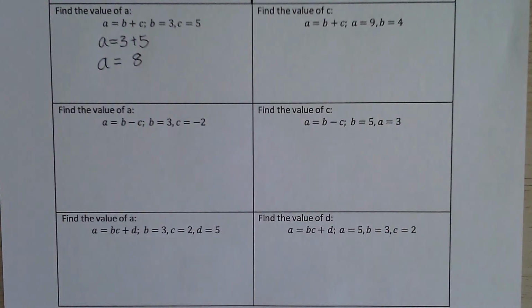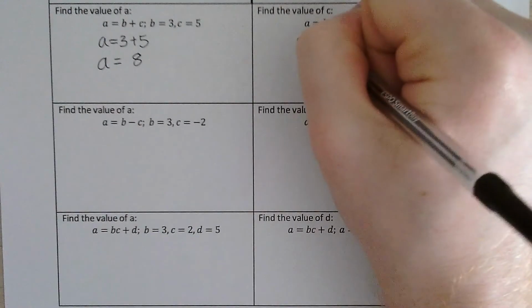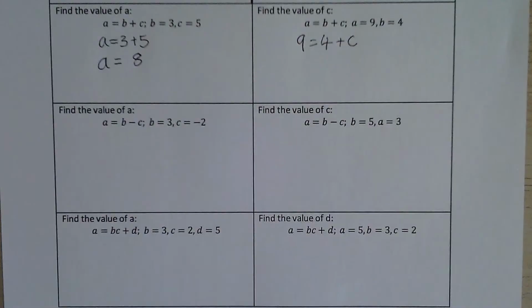On to the next question. Find the value of c when a equals b plus c, a is 9 and b is 4. Like the last question, we will write the values of the variables we know underneath. So we know that a equals 9, b equals 4, but we don't know the value of c. So we've got 9 equals 4, add c. There's two ways to go about solving the value of c here. Either you can